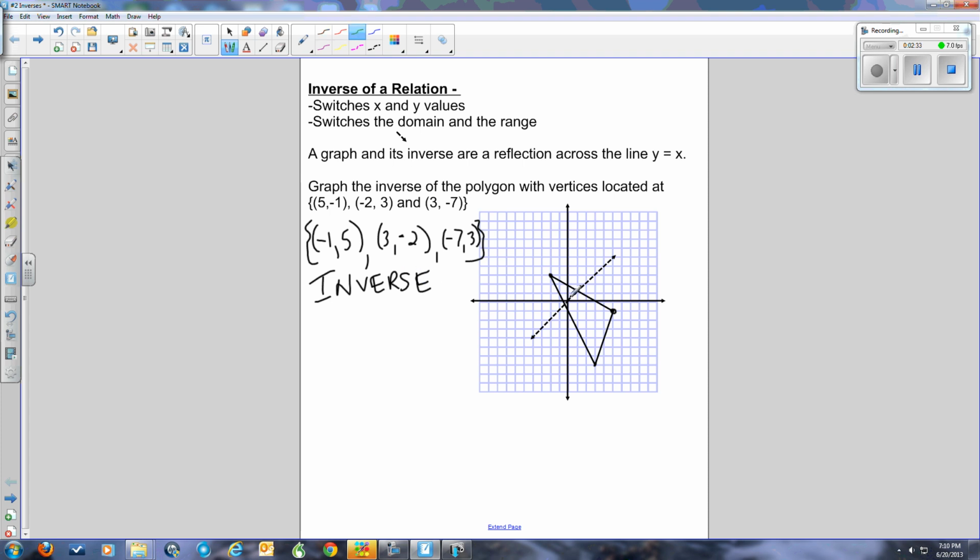If we have (-1, 5), we go to the left 1 and up 5: 1, 2, 3, 4, 5. (3, -2), we go to the right 3 and down 2. (-7, 3), we go to the left 7: 1, 2, 3, 4, 5, 7, and up 3. So now if we connect those,